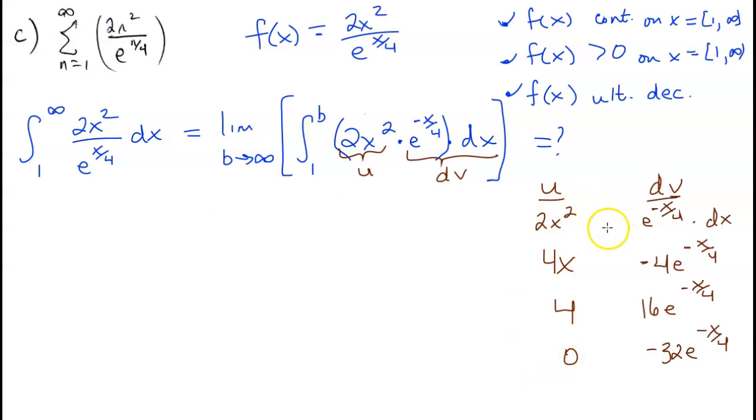So since this terminates, we know that to figure out what the integration by parts would be for this, we can just do this whole diagonal thing and then go across. Of course, it's going to terminate at 0, so taking the 0 times this part doesn't matter. But we'll see that what we end up getting here is, once we do all of this,